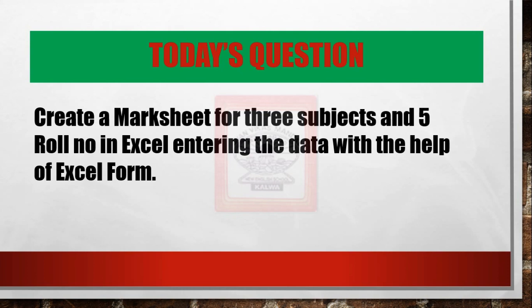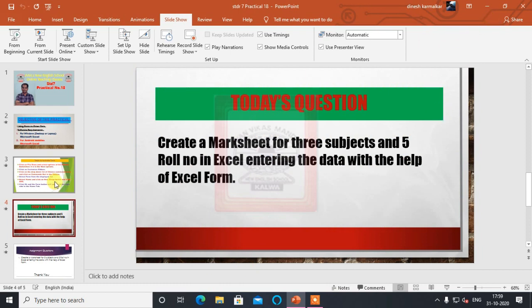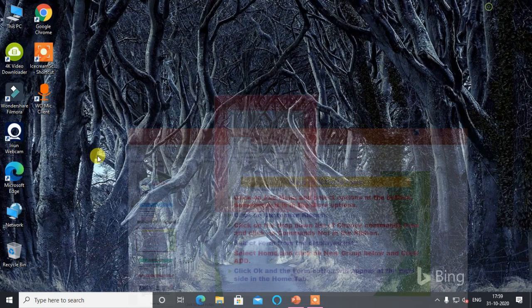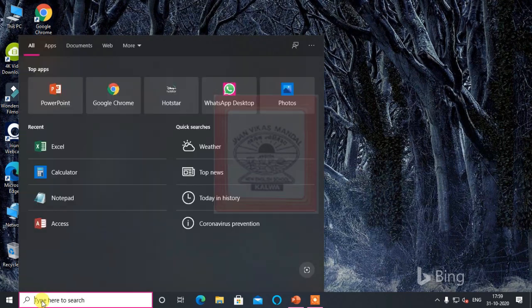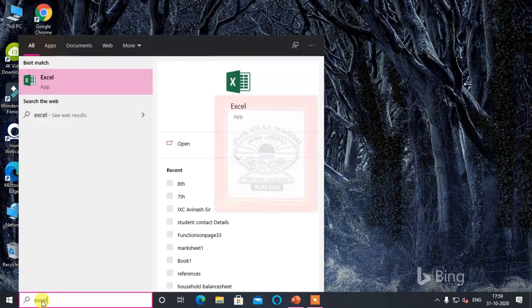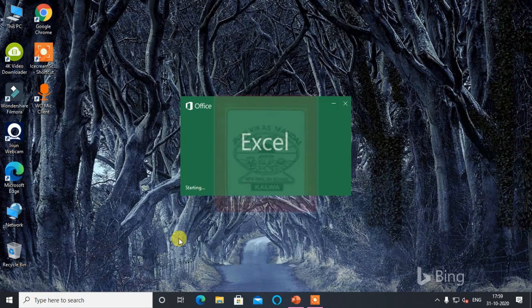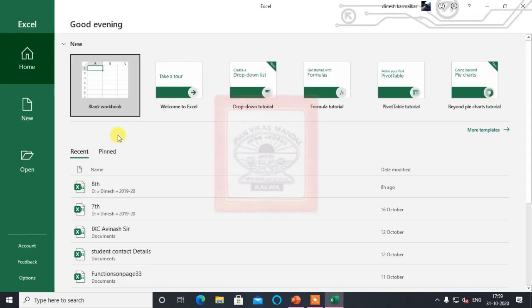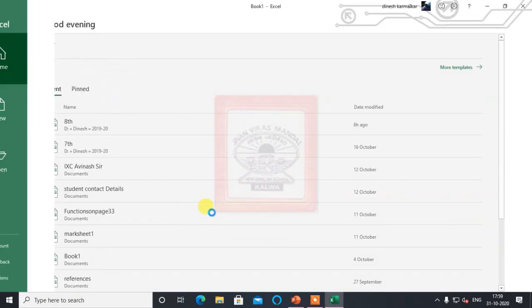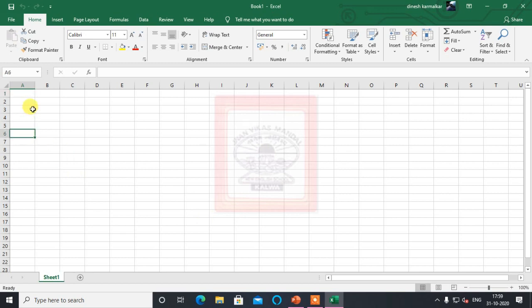So let's open our Microsoft Excel. I will open it directly from the search button, and then open a blank Excel. Before activating the form, let's make the required headings of the Excel mark sheet.